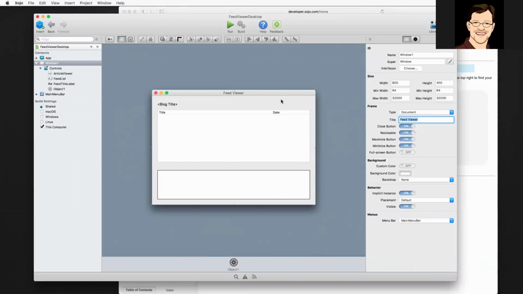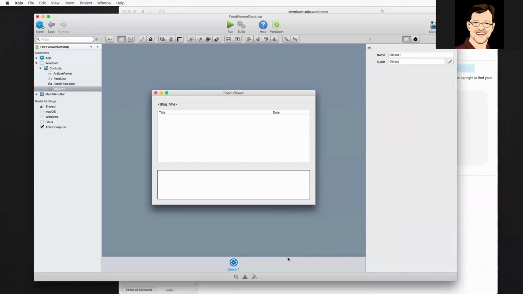So that's the overall UI layout. And now down here in the bottom, we have the generic object that we added on here. So this isn't anything specific yet. We have to actually assign it something. So this is going to be our socket. So we're going to call this feed socket because this is going to connect